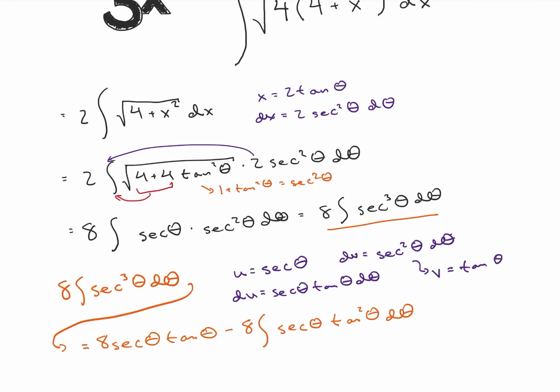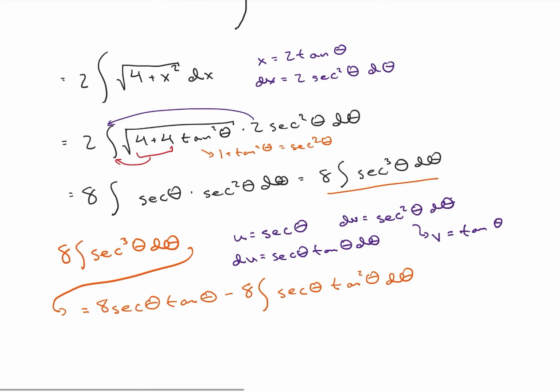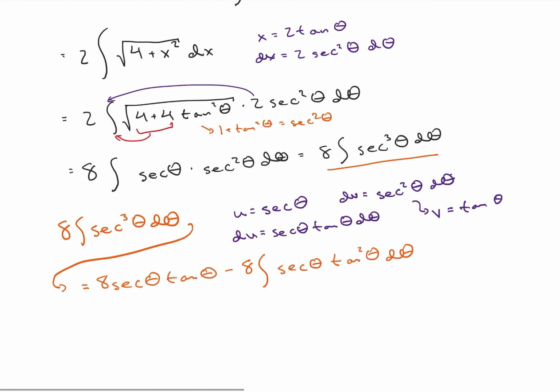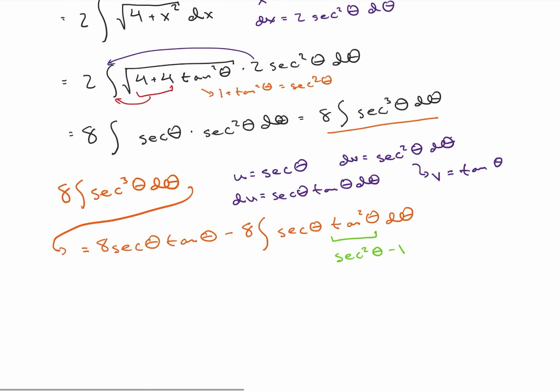Okay, so now I have this secant theta times tangent squared of theta, which once again doesn't look great for me. But I notice that tangent squared of theta is secant squared of theta minus 1. So let's note that: tangent squared of theta is secant squared of theta minus 1. So if I look at this,